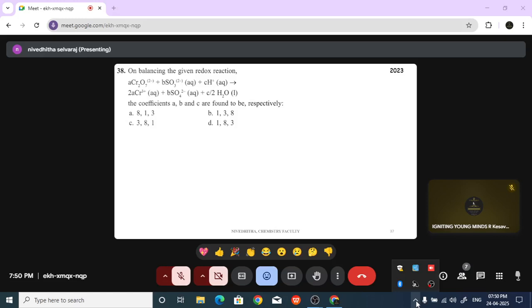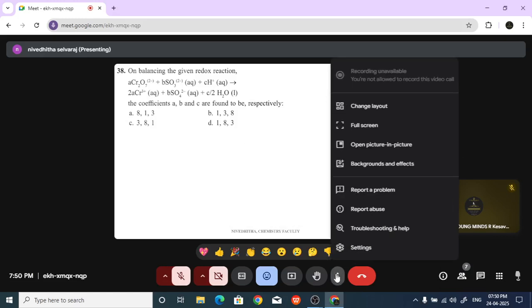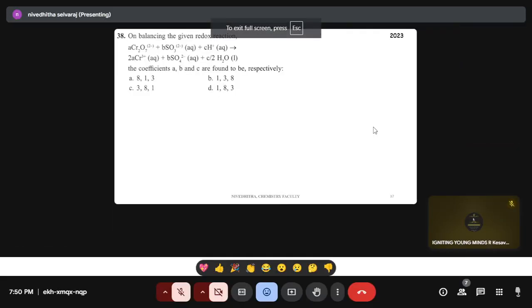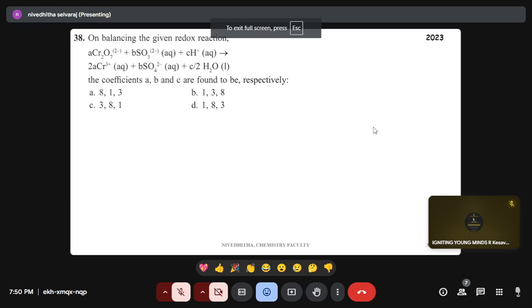There is a question from redox reaction. On balancing the given redox reaction, they're asking us to find the coefficients A, B, and C. So here we are provided with some redox reaction. First, we have to balance that reaction and we have to find the values of A, B, and C, which